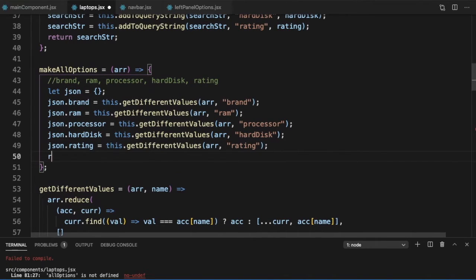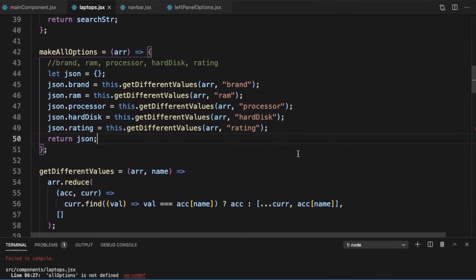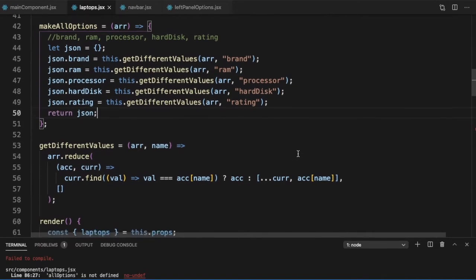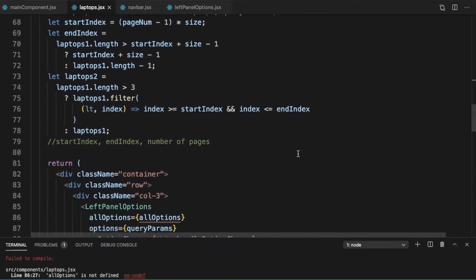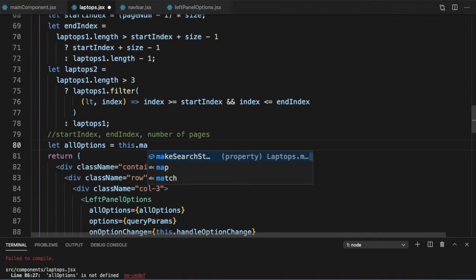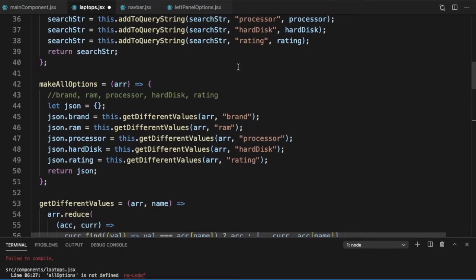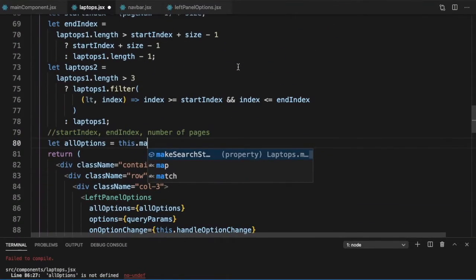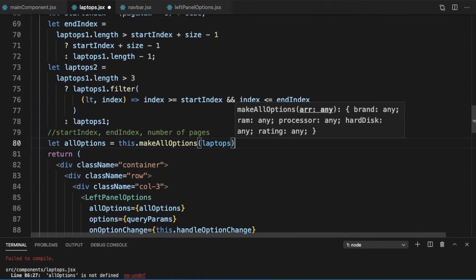And we can return our JSON. So once we get our JSON here, let's make that before our render. Let allOptions is equal to this.makeAllOptions, and we just pass the laptops to it.